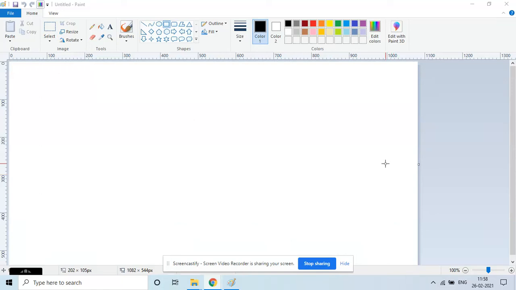Today we will be drawing an engine. To draw an engine, open MS Paint, take a rectangle, choose your color, draw the first rectangle,